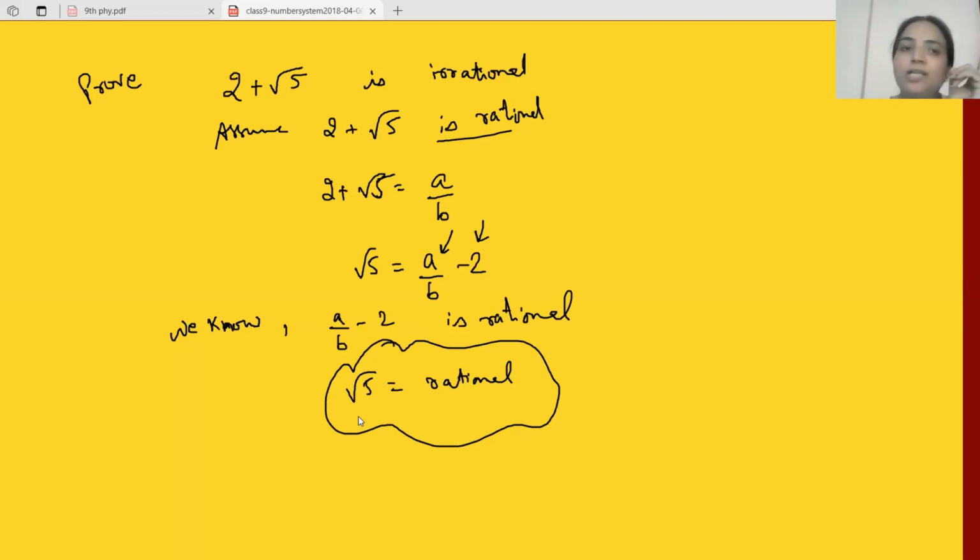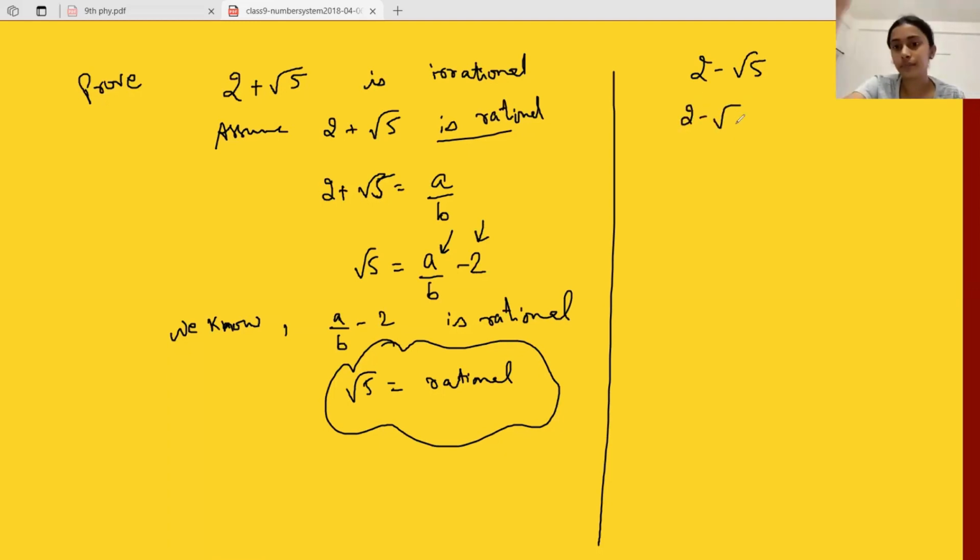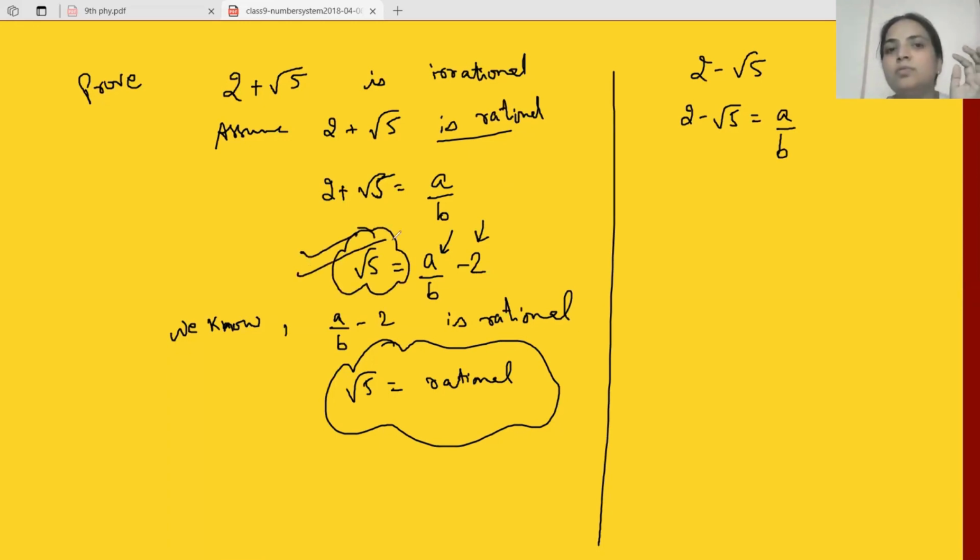एक और क्वेश्चन करें, सब्ट्रैक्शन में कर लेते हैं। 2 - √5 को इररेशनल प्रूफ करता है। एक्सक्यूज मी मैम, 2 - √5 इज इक्वल्स टू a/b हो जाएगा। एक्चुअली इसमें पता है क्या है, फ्रेमवर्क क्या है, रूट को अलग से लेकर जाओ। इस क्वेश्चन में भी रूट अलग रह गया, यहाँ पर भी इस रूट को अलग लेकर जाएंगे। कैसे? 2 - a/b इज इक्वल्स टू √5।